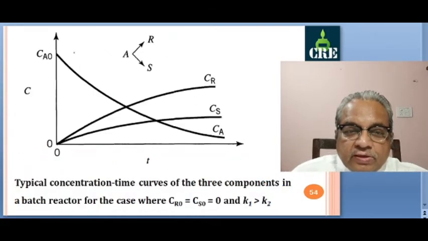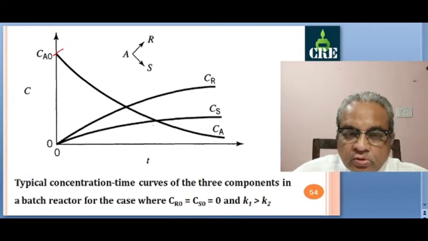If you make a concentration-time plot, you start at time t equal to 0 with some value of CA0. CA0 is continuously depleting, continuously consumed, with first order rate law, so this is an exponential decay curve. This will go to completion in some infinite time. This is asymptotic. Then you have CR formed. So initially it is 0. It can have some value also.